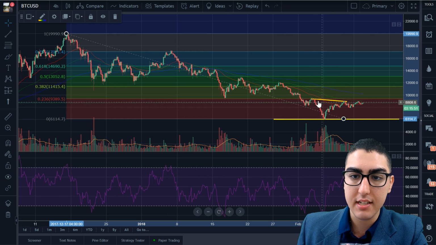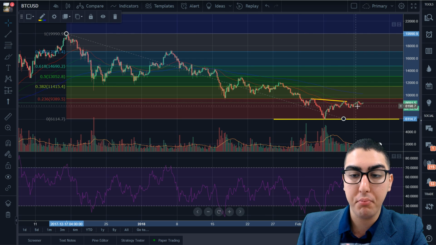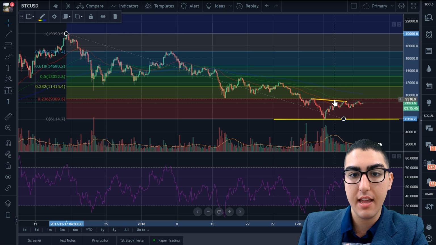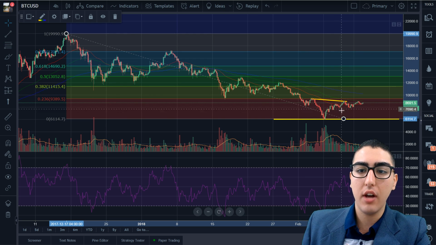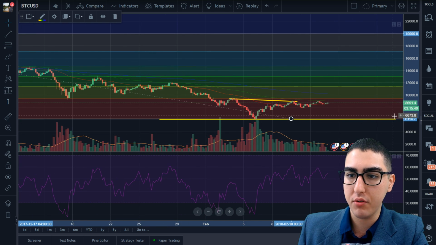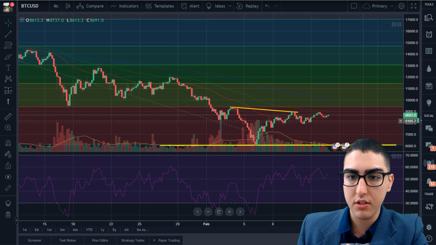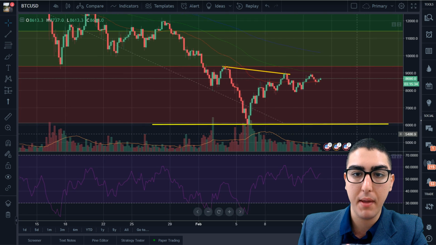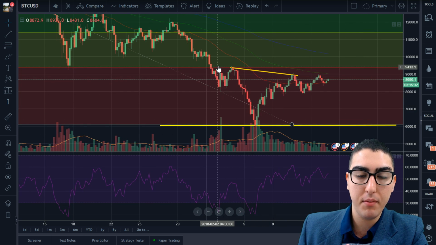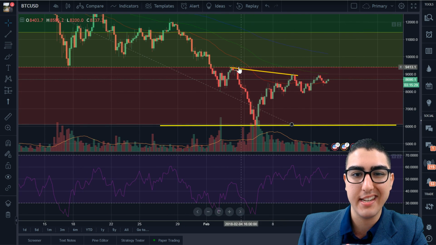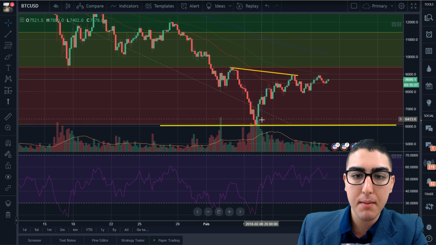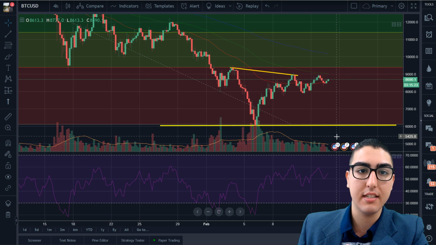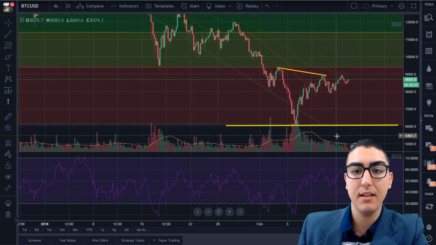And then now you can see we formed that inverse head and shoulder, but the neckline is right on that Fibonacci retracement to get to that next channel. So I think the biggest thing right now for Bitcoin is pretty simple here. You know, we can draw Elliott waves out and we can do different counts here, but I think the most important thing to pay attention to right now is this Fibonacci retracement level as well as the neckline and where it's forming. If we can break past this neckline, then I can most definitely see upward price momentum for Bitcoin,